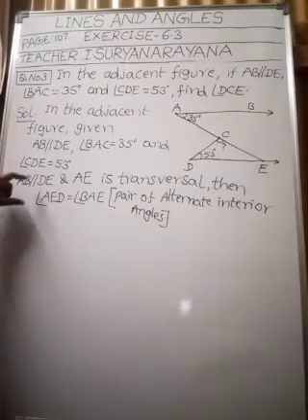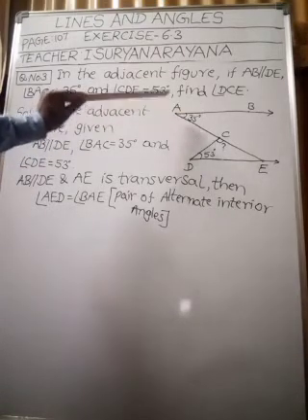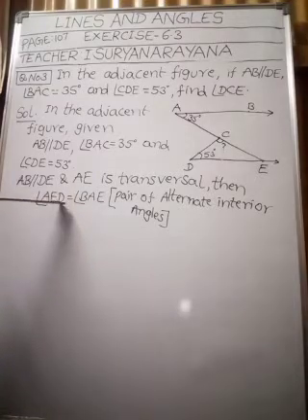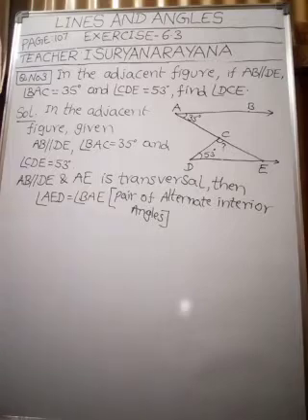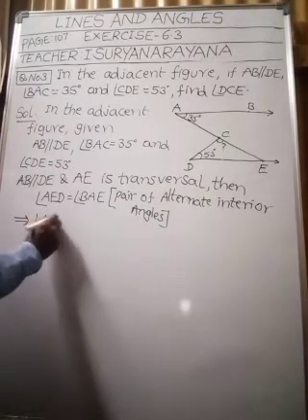These two angles are a pair of alternate interior angles. We know if two lines are parallel lines, then a pair of alternate interior angles are equal. By using that property, we wrote this step. Understood this step, my children? Right. This implies angle AED